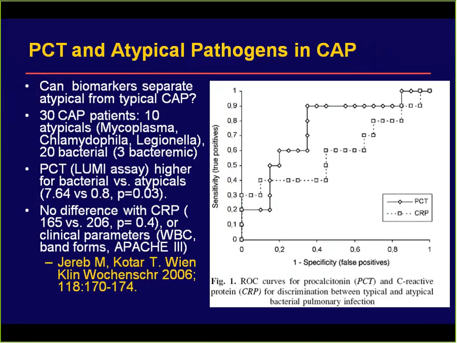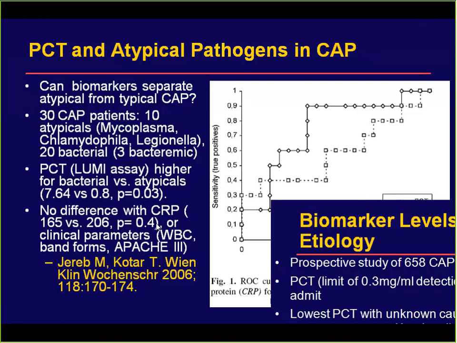So this is a study with the luminescent assay where they looked at procalcitonin in patients with atypical infection, mycoplasma, chlamydophila, and Legionella, and the assay was higher in bacterial infection than in atypical infections. C-reactive protein didn't appear to be quite as discriminating between bacterial and atypical pathogens, but this is with the luminescent